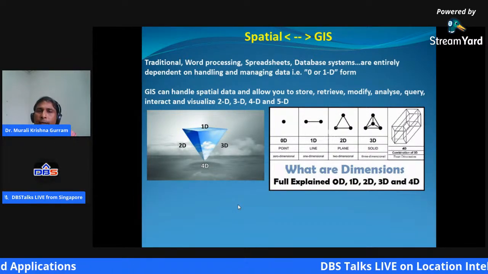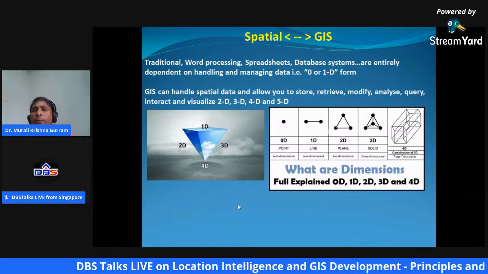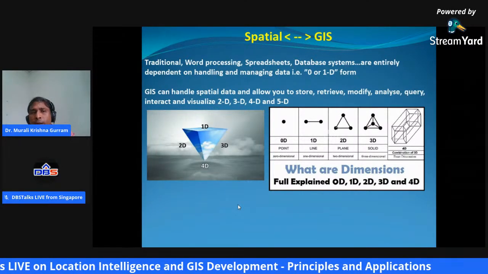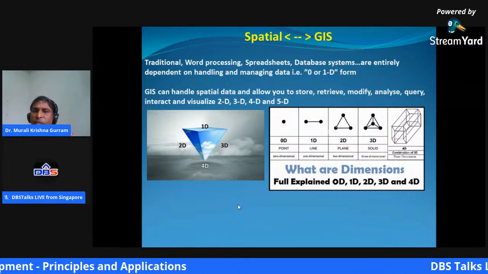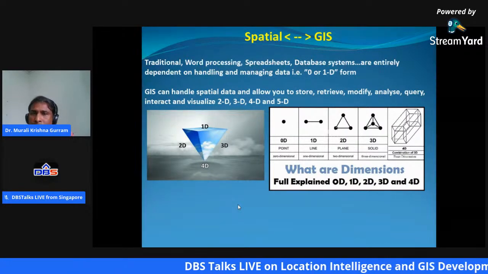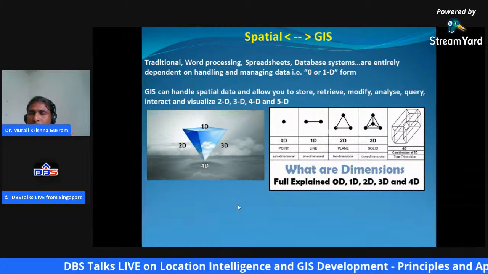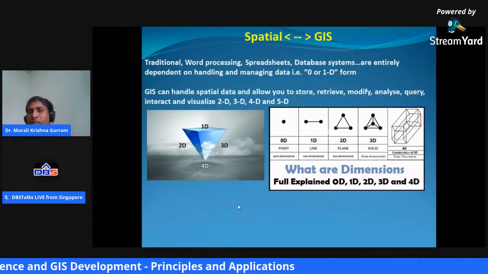In traditional IT, most of the data that we deal with in these applications today, the databases, word processing applications, spreadsheets, they mostly deal with and have the capability of handling and managing data in the dimension of 0.